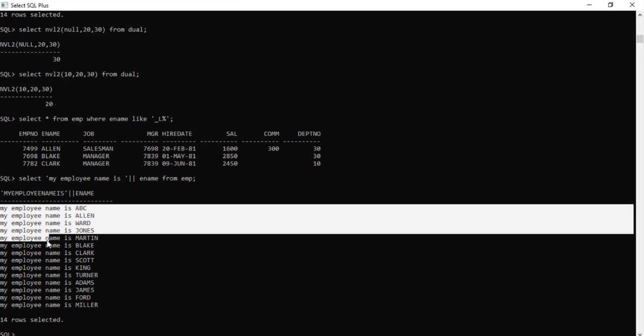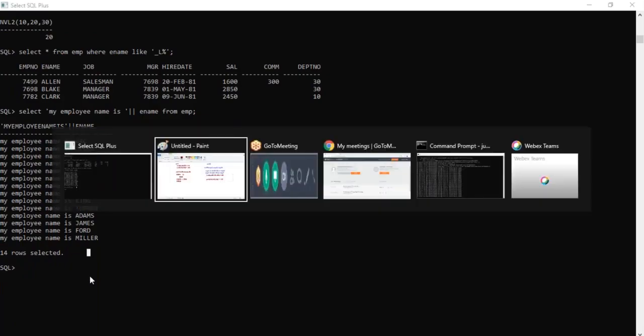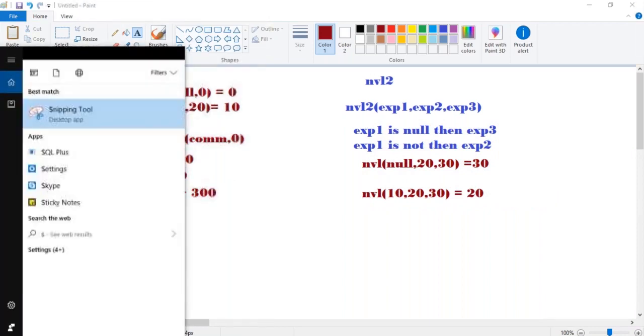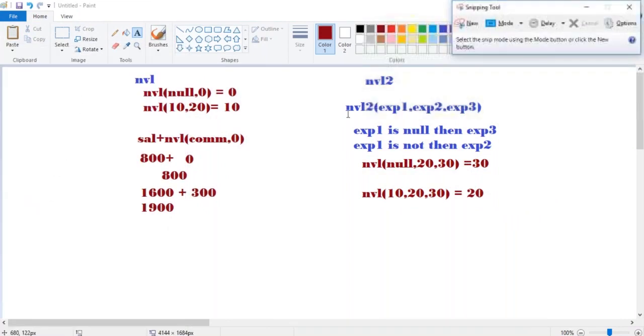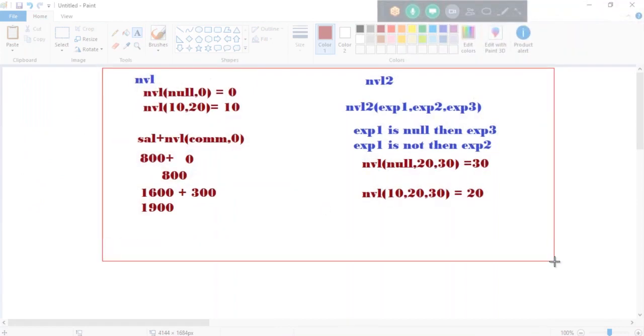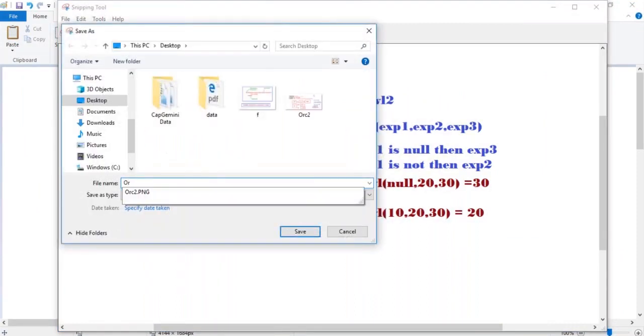So this is some basic-level understanding of the operators. Now we will have functions. We have predefined functions and user defined functions, and we will go for predefined functions.